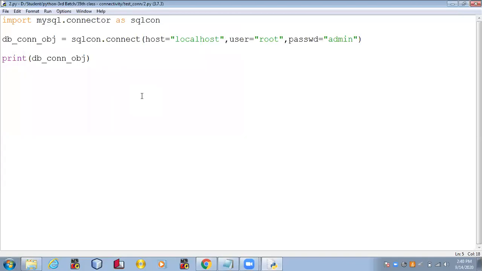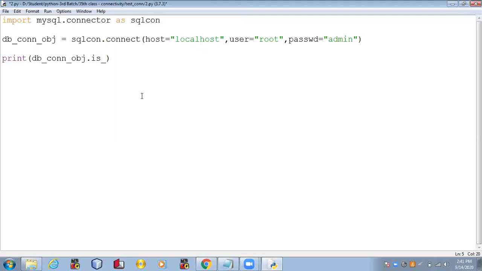Now the other approach: inside the database connection object, we have one of the methods, is_connected. The is_connected method returns true if the application is connected successfully with MySQL, otherwise it returns false. So I'm going to use this method.